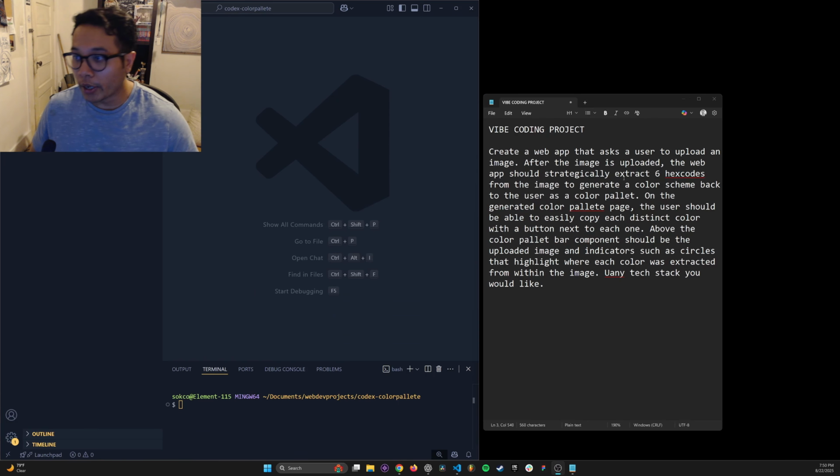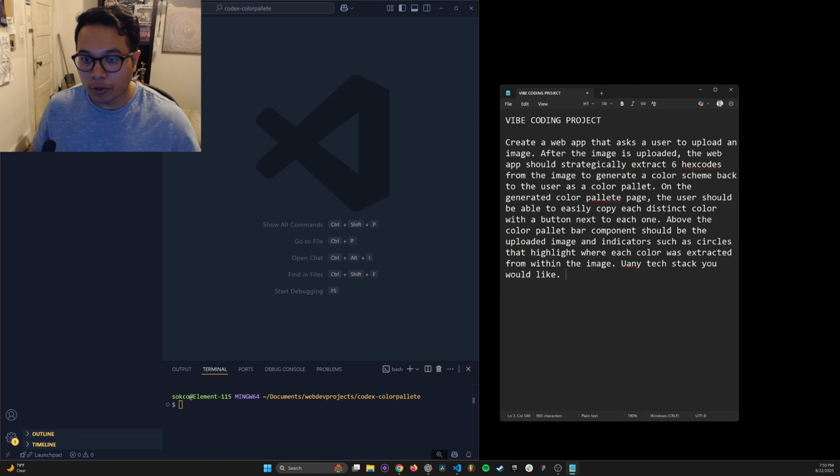So this is a quick prompt that I just thought of right now. There's a bunch of grammar errors, as you can see, but let's just go over it. This is the prompt I made: Create a web app that asks for a user to upload an image. After the image is uploaded, the web app should strategically extract 6 hex codes from the image to generate a color scheme back to the user. On the generated color palette page, the user should be able to easily copy each of the hex codes, blah blah blah,